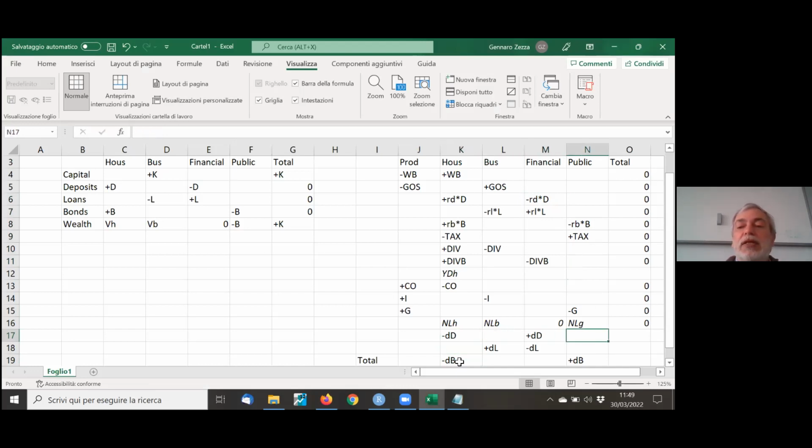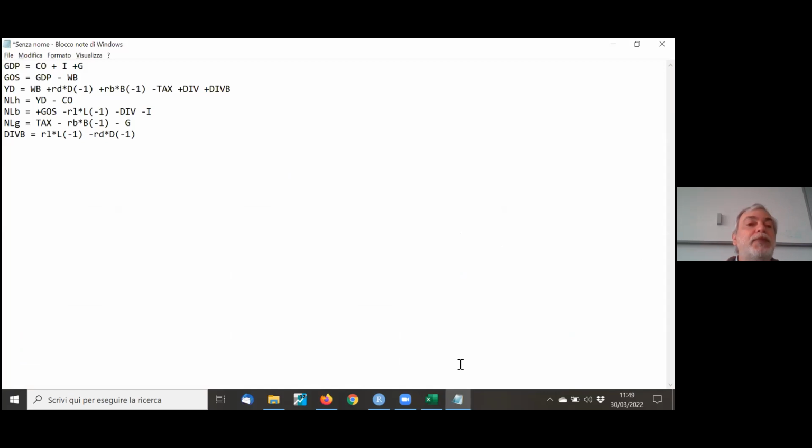And given the structure of the model, unless we want to set a price for bonds, we can assume that the change in bonds issued is equal to the negative of the net lending of the government. So this can be rewritten by bringing the opening stock to the right hand side,